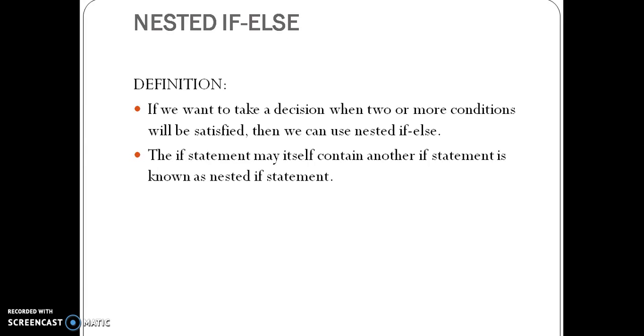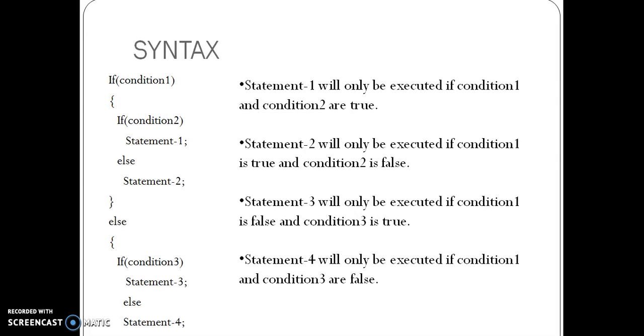Whenever we are using if, we need to use an else statement. It must be balanced. The if and else statements need to be balanced. Here is the example: if condition 1 is true and condition 2 is also true, then statement 1 will be executed. If condition 1 is true and condition 2 is false, we are going to execute statement 2. If condition 1 is true and condition 3 is true, then we are going to